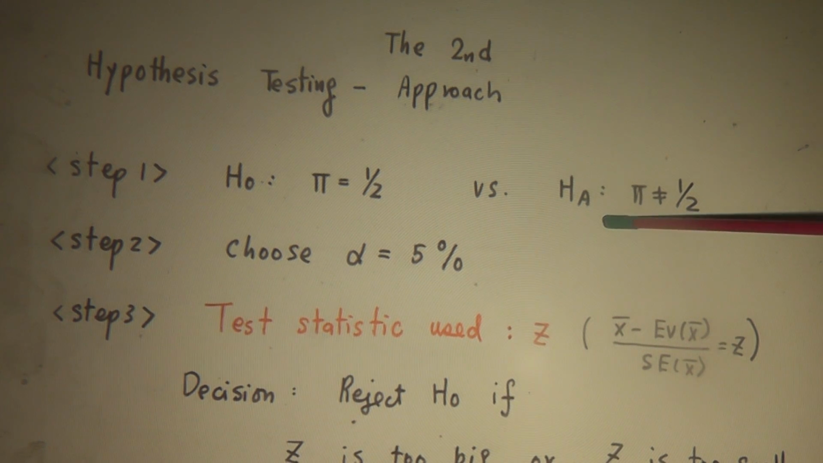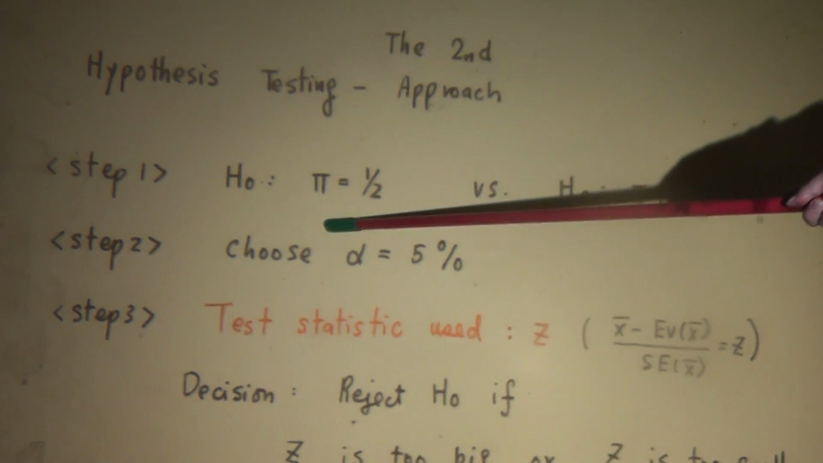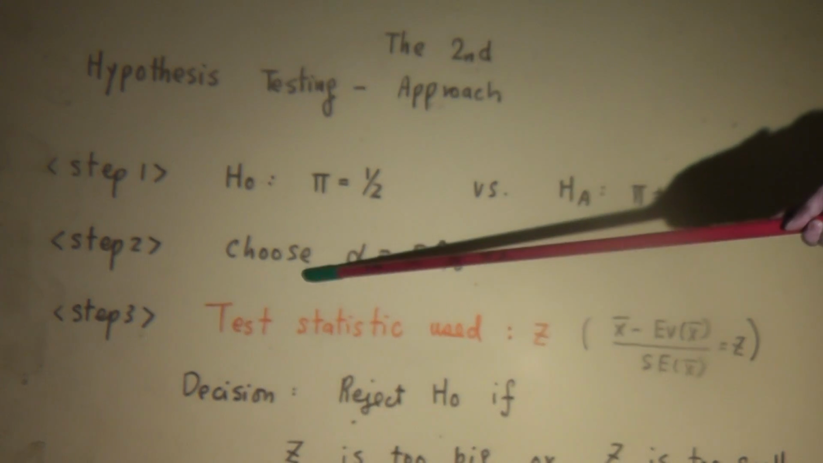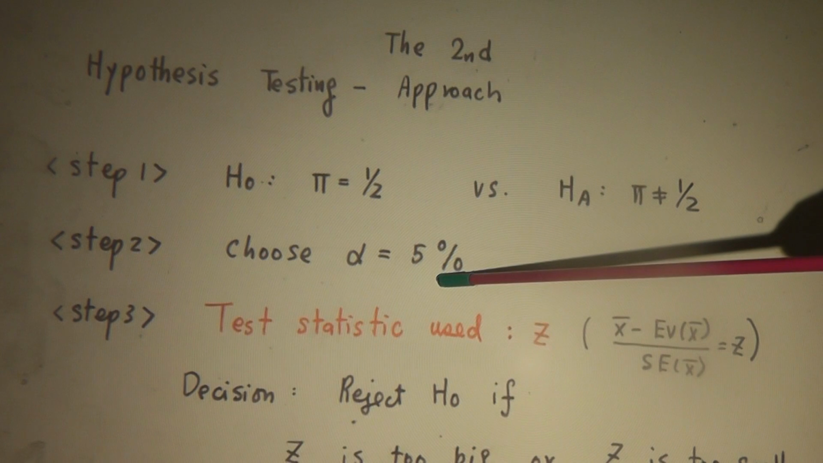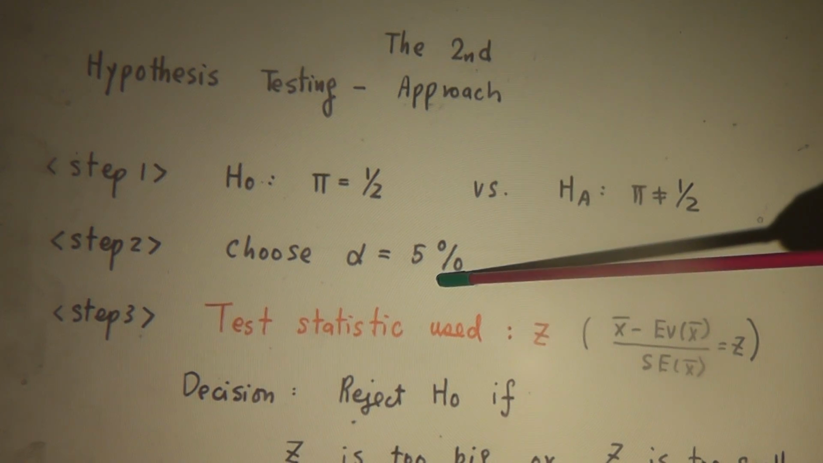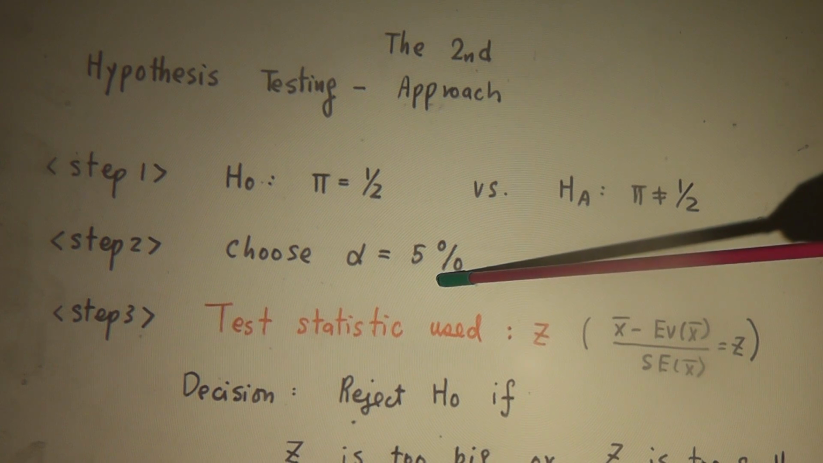So we still use the same alternative in the second approach. Okay, so you can see there is no difference so far. Now, step 2. We choose alpha equal to 5%. The level of significance is still 5%, just like the first approach. The difference